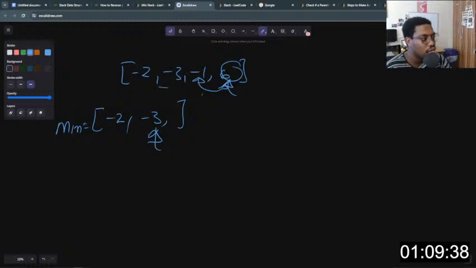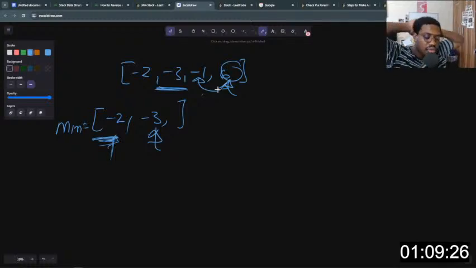Because -3 is still in the stack here, and -3 has to always be in the minimum stack. We want the minimum in a particular stack, so we can't just remove -3. So we need to find out if the current element that we are removing is actually in the stack. If the element is